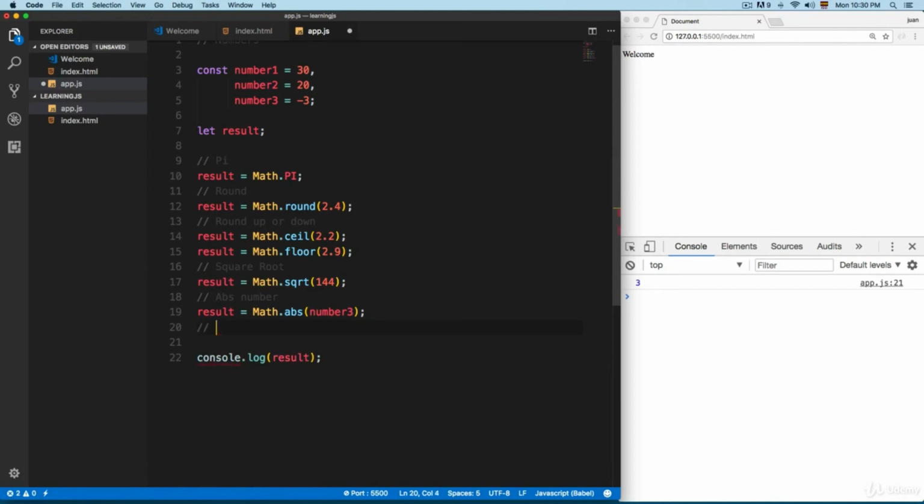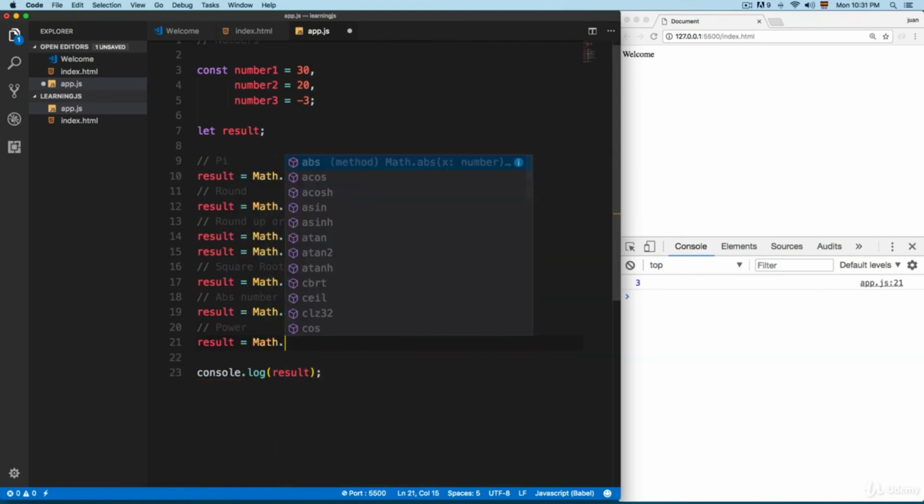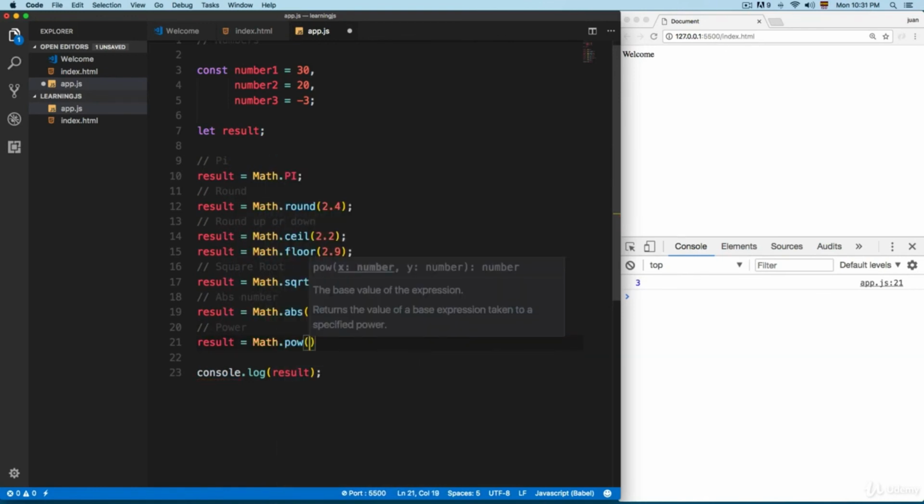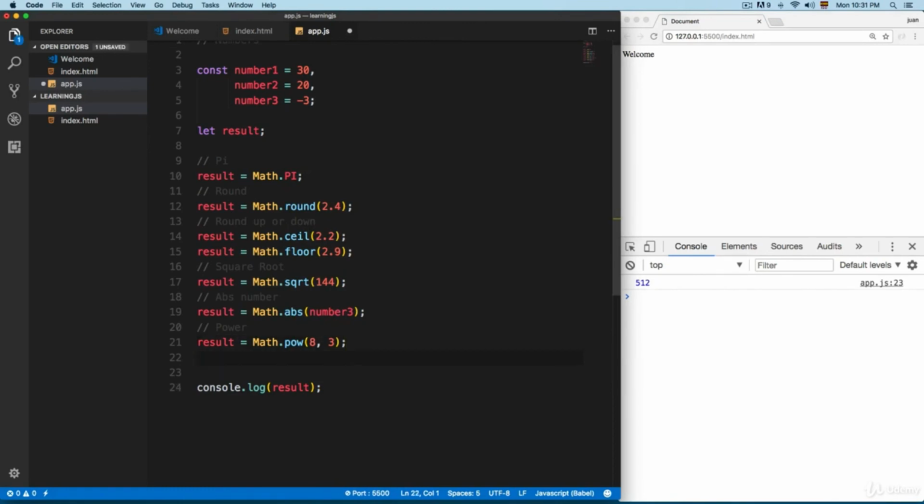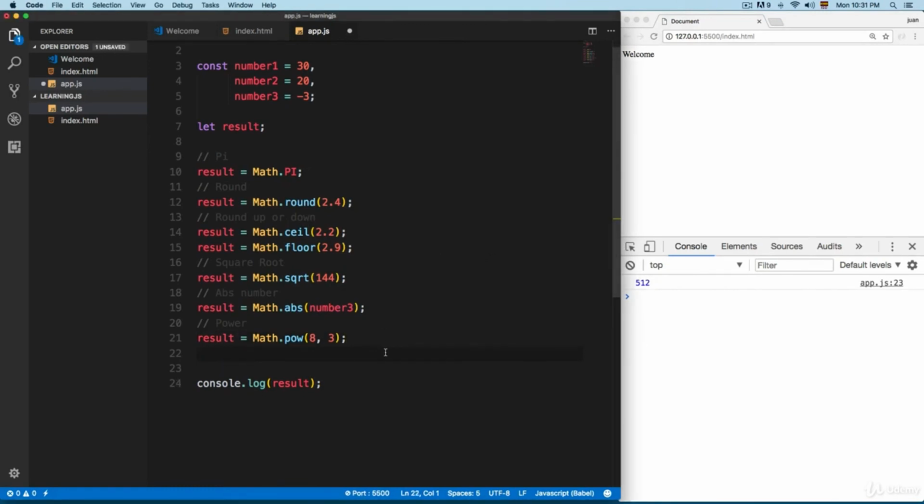We also have power. Result equals to Math.pow, and we can add, for example, 8 to the power of 3, and you can see we have 512. And for example, I'm going to add another comment, get the minimum number